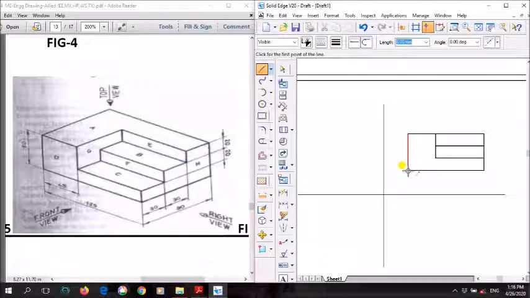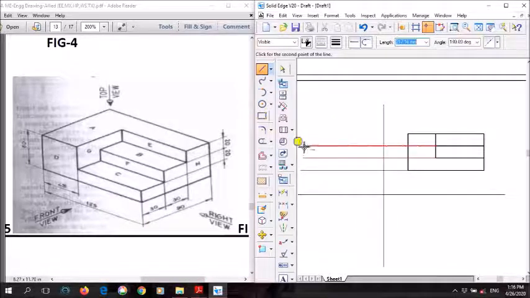Just project these lines like we did earlier. Project this step, the second one project it, then the third line, and finally the fourth one. We just project these lines like this.